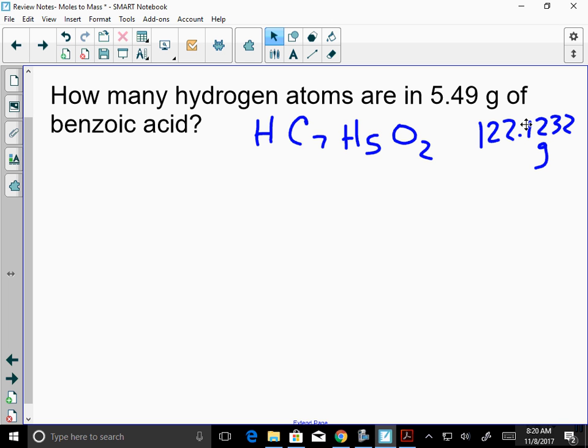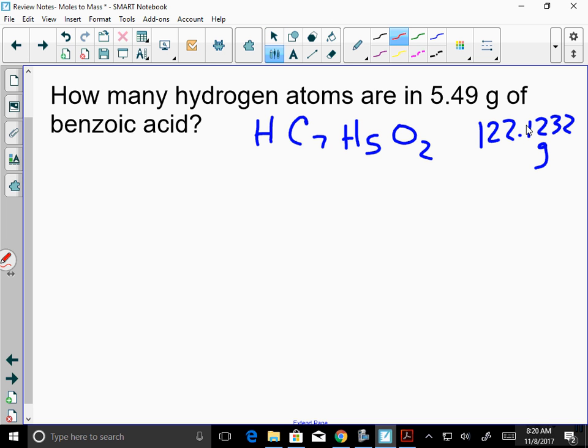And then I have to go from representative particles to hydrogen atoms, which is my third step. This is a three-step problem. If you haven't done a three-step problem to do this, you're not right. Okay? You're not right. So, what I'm going to do is start with my very first step,